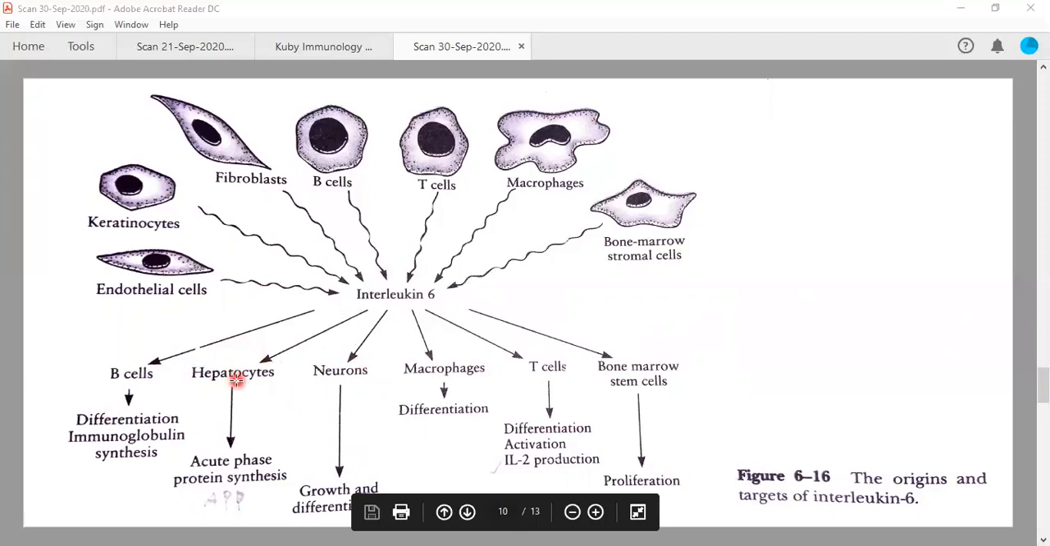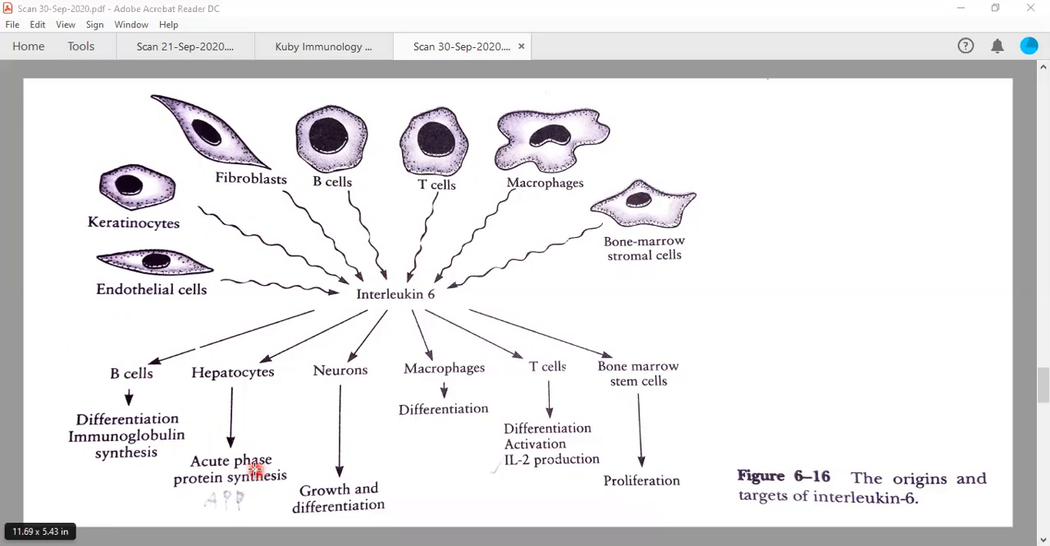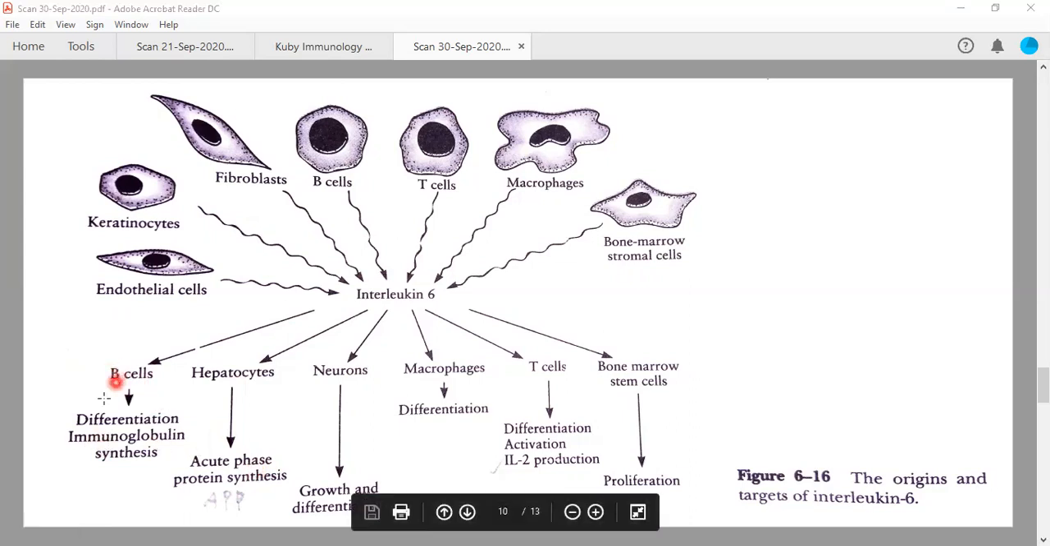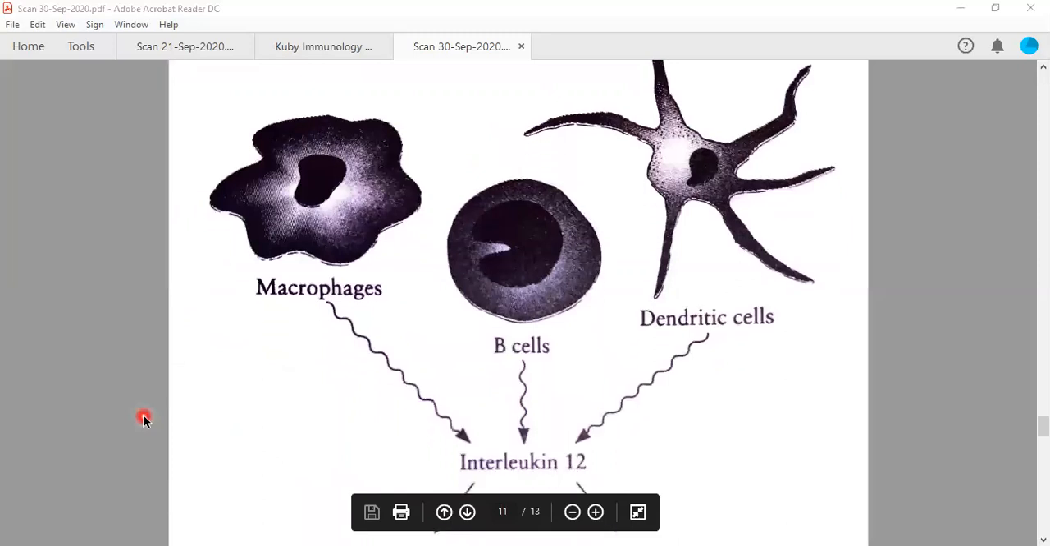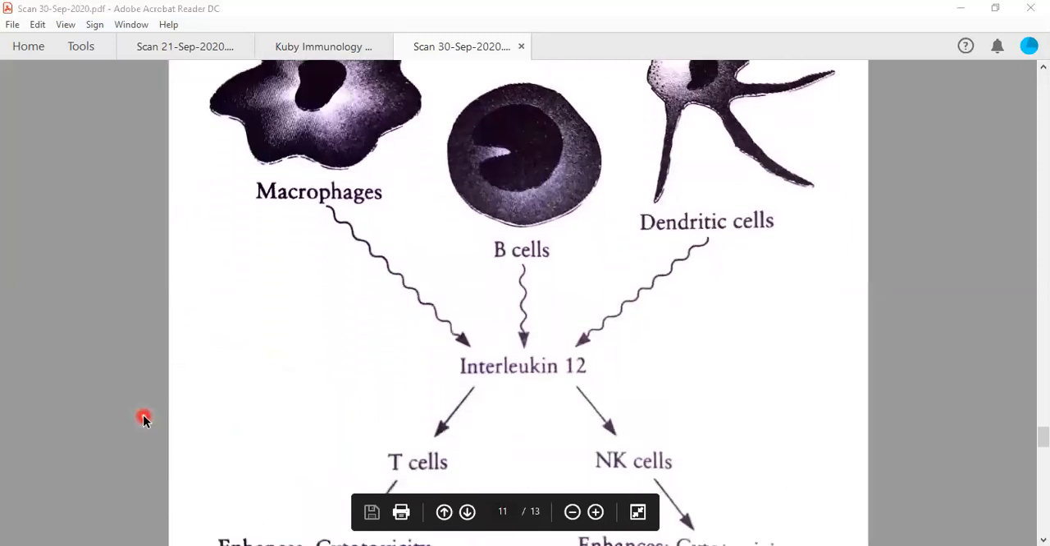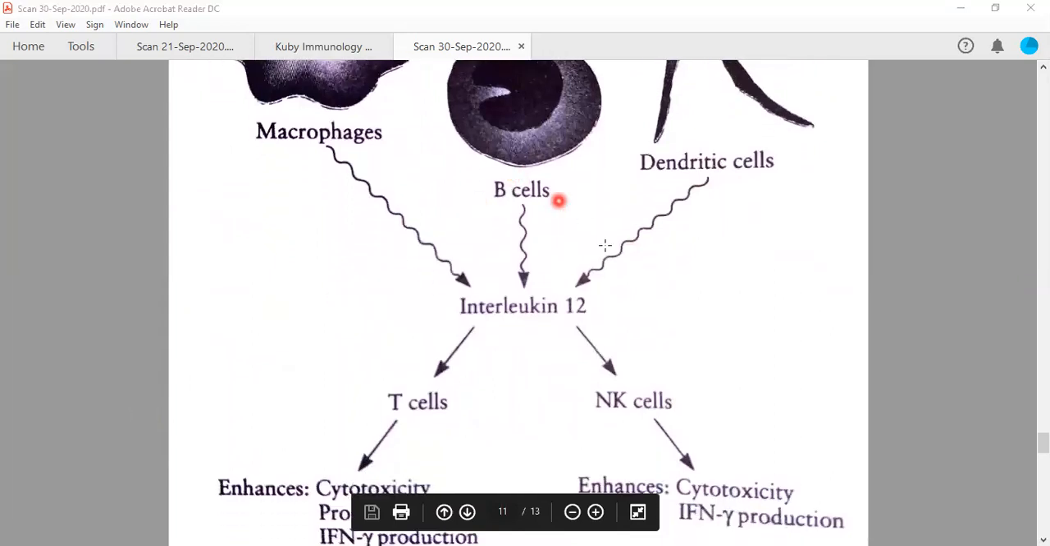In the hepatocytes in the liver, it will stimulate the production of acute phase proteins. So acute phase proteins are proteins which are synthesized by the liver, and they will come into the blood circulation and are required at the time of injury and inflammation, right? In the case of B cells, it will allow them to differentiate and synthesize immunoglobulin. So B cells will differentiate into the plasma cells. And as I told you, once the B cell matures into the plasma cell, it will secrete a large number of antibodies